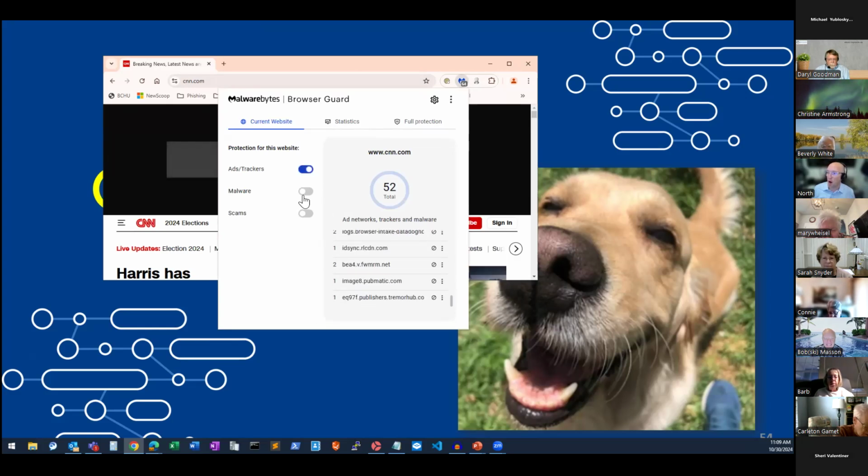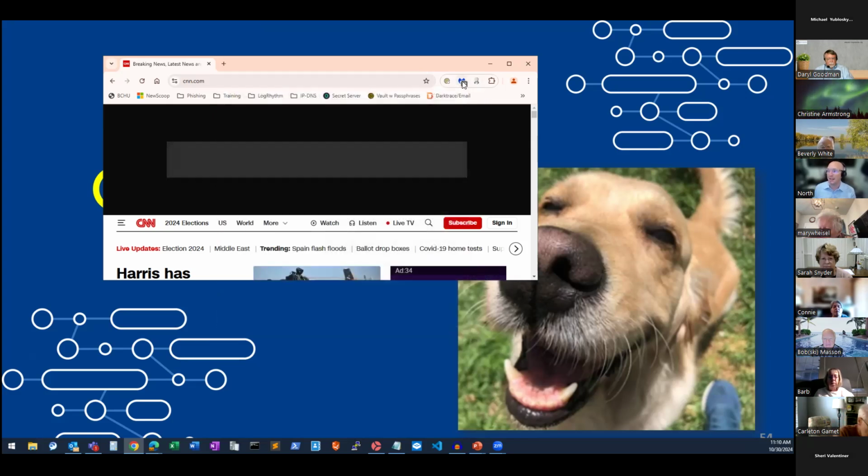So I'm going to shut that off so that right here, I don't want CNN right now. It's got 52 trackers on that website. If I turn on my ad blockers, my malware and scams protection, nothing can load on that website that is tracking me or potentially has malicious intent behind it. So that's what makes this so powerful. This is free, but understand that there are certain antivirus companies out there that will actually charge you like $9, $10 a year for this. So it is truly free. You shouldn't be paying for that as an add-on for your antivirus.